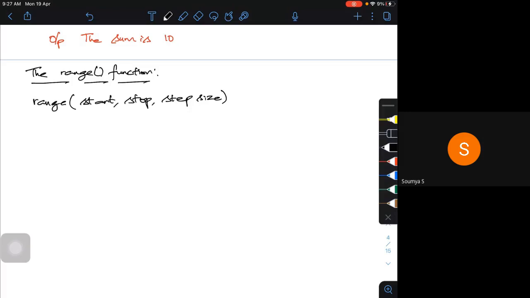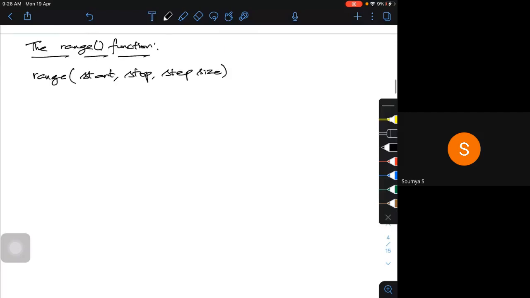And one more advantage is, if I want to print something, print range 10, what is it going to give? So this is what I can do. Simply if I use this function, print range 10, the moment I give this to the Python command, what will be the output?